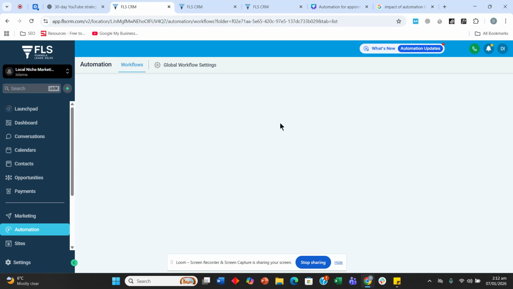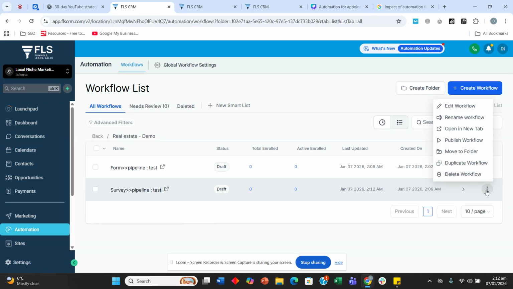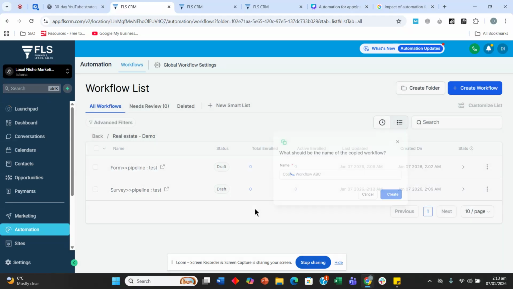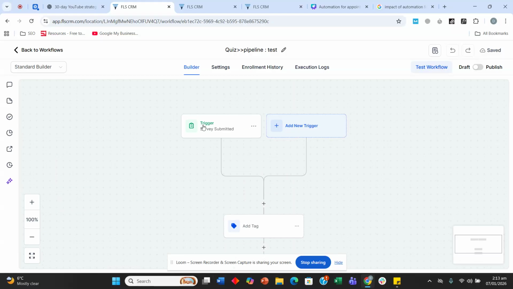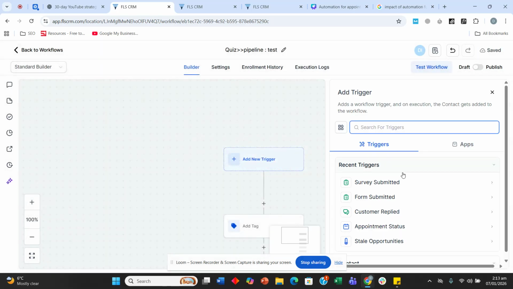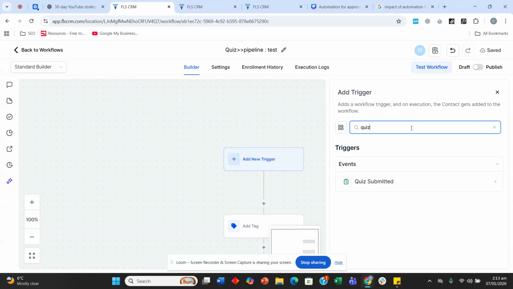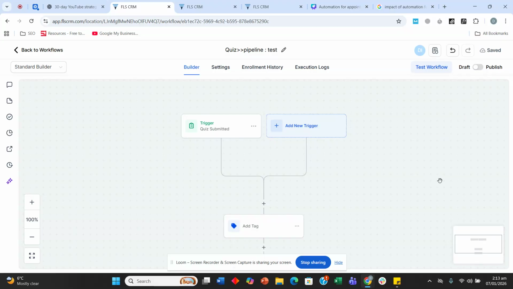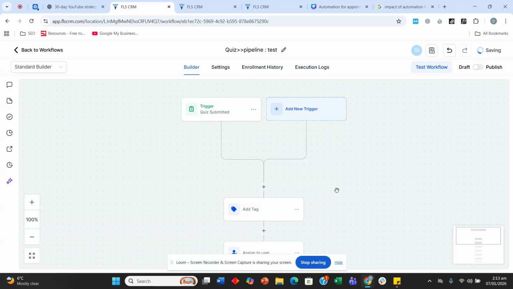Again, the same goes for the quiz, because a quiz can have different angles of targeting the lead. So we can duplicate this workflow and change it to quiz, right? So we just need to change the trigger. First, we need to delete it and add a new trigger, quiz submitted, and it is real estate quiz. So we just need to change the tag from survey to quiz, and we can definitely add all this under one workflow with